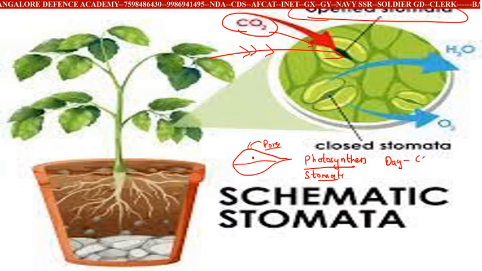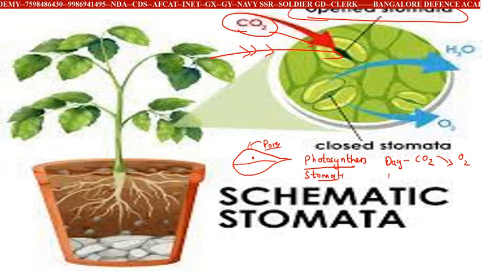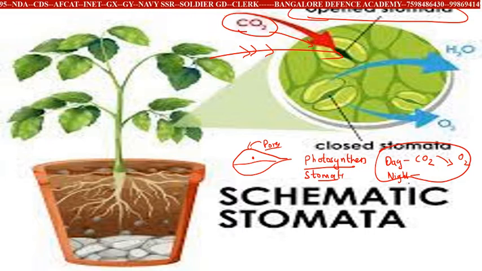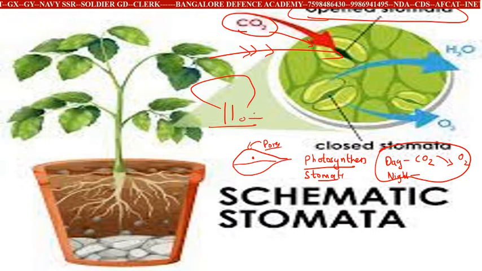During daytime, you have carbon dioxide going inside the plant and oxygen coming out, and during nighttime, the process is opposite. So that's the reason during nighttime, if you are sleeping under a big tree, you will feel suffocated, because the plants are going to emit carbon dioxide.